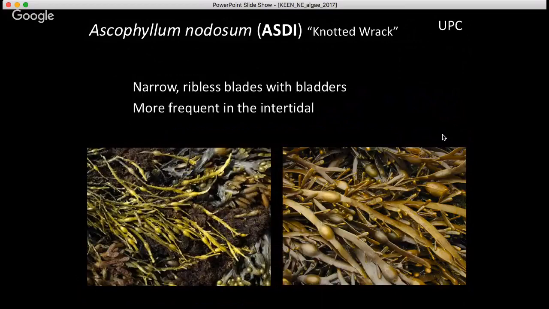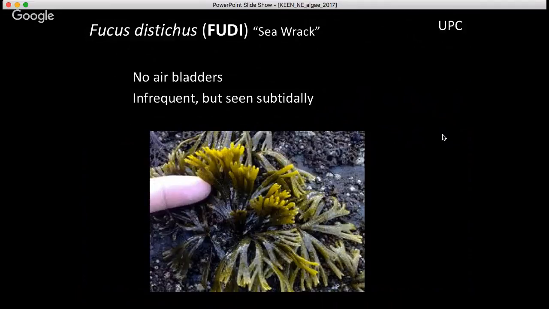Next up, we have Ascophyllum. Pretty darn shallow. I don't think this shows up where we are too often. It's the thing that looks like fucus but is longer. Ribless blades, that's a distinguishing feature. We have a little bit of fucus here, and so you can see that there is a blade on fucus. It's also quite a bit longer. Here's fucus, sharp, stubby little thing. Sometimes it's knobby like Ascophyllum, but